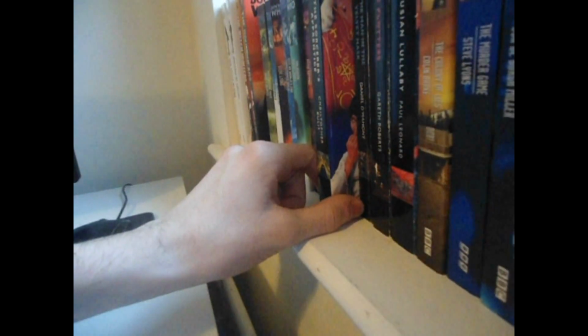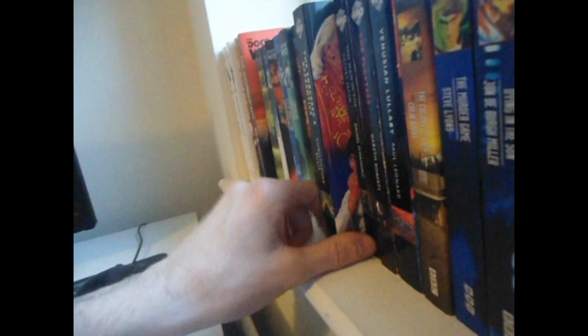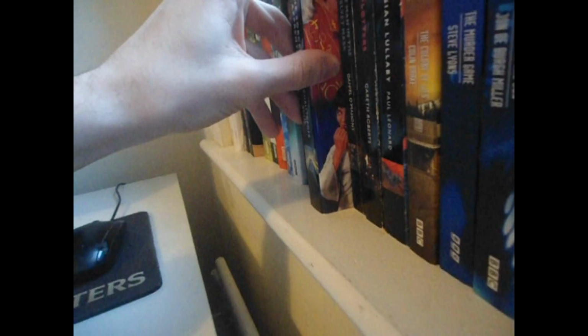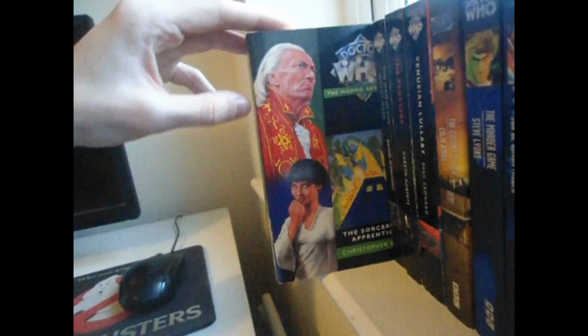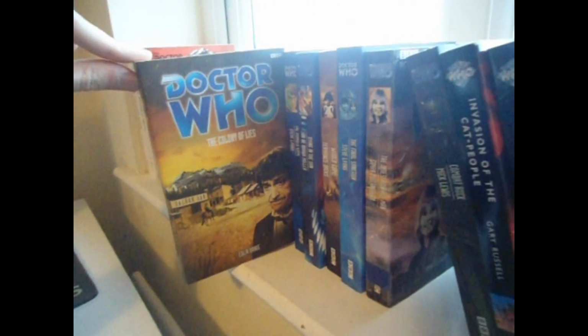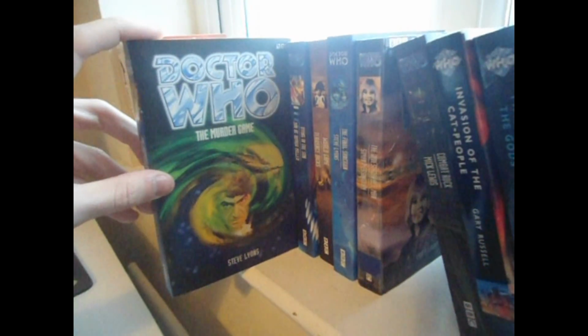And then we're moving on to Virgin Missing Adventures for the First Doctor. Only missing one of these, I think, and that is Empire of Glass, Sorcerer's Apprentice, The Rare Man in the Velvet Mask, The Plotters, Venusian Lullaby. And for the Second Doctor, for PDAs and MAs, we have The Colony of Lies, The Murder Game,